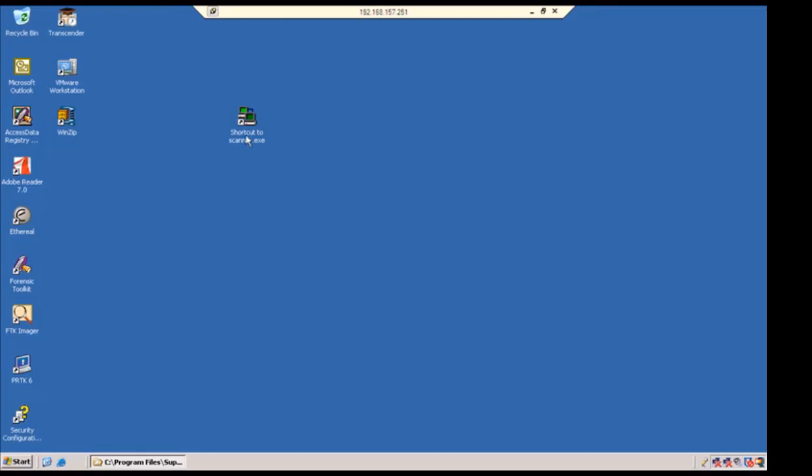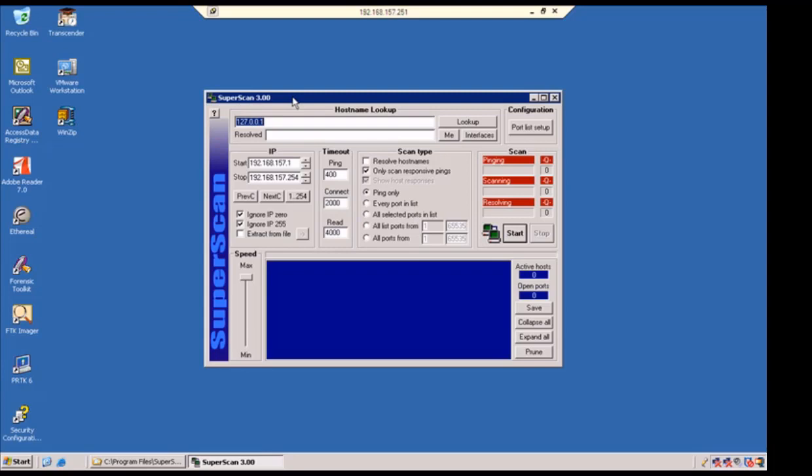So we're going to do port scanning today, and I'm going to use SuperScan. I've got a shortcut on my desktop here. Network applications and network services running on a computer,